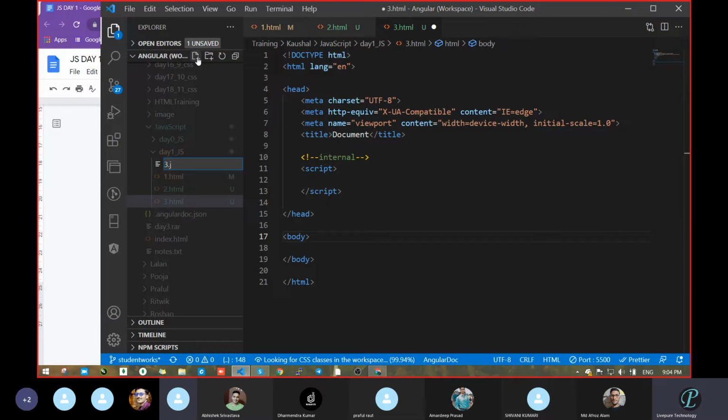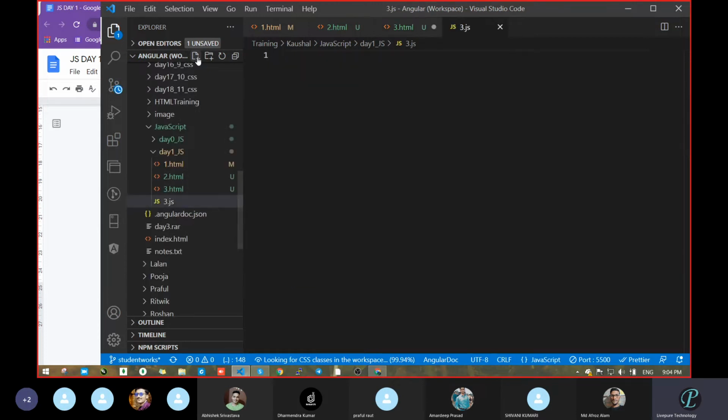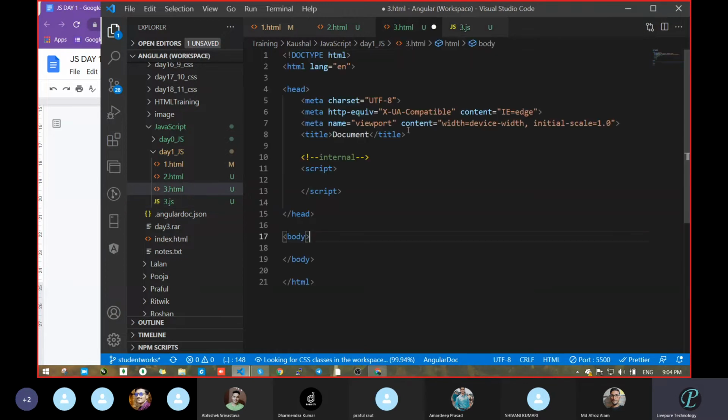Now the question came, how will we write the file first? Like previously we were making an HTML file with the .html extension, and a CSS file with the CSS extension. So now we will make a JS, meaning JavaScript, file. And how will we link this file to this one?